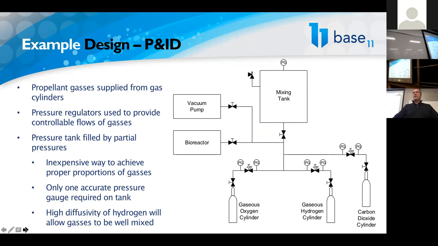If for some reason you need to create a large volume of the mixture, obviously that creates some significant hazards, which we saw the results of. So if there is a reason to need to mix those, what could we do, right? We could engineer a tank that would survive the reaction if in fact it reacted. Or we could put the tank in a reinforced concrete space so that if it fails, no personnel get injured. Or do the same thing with proximity away from people, right? There's lots of different engineering approaches